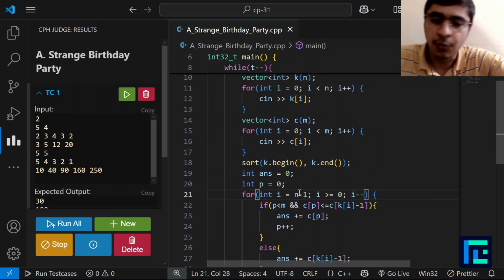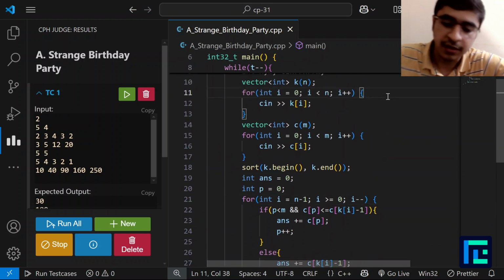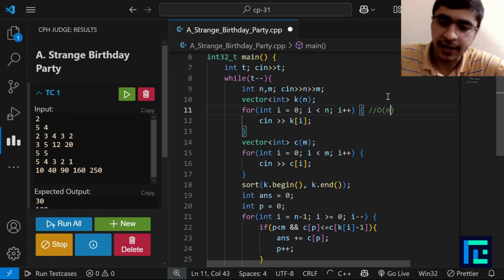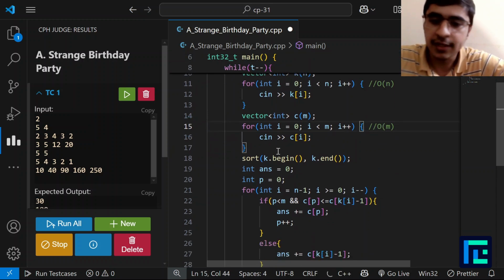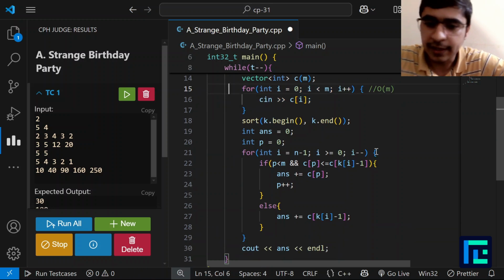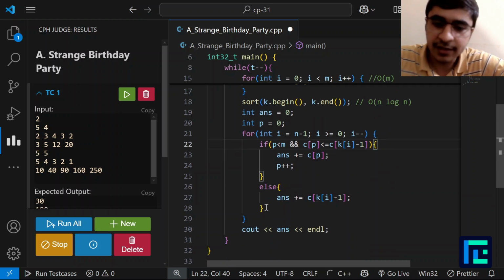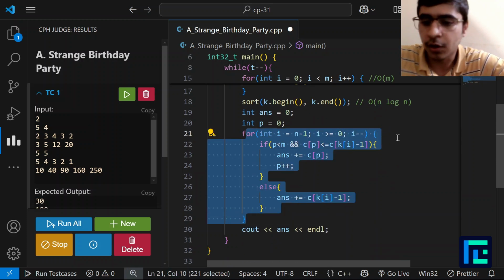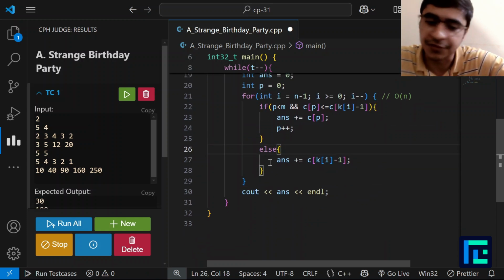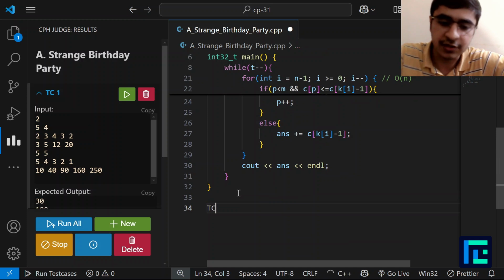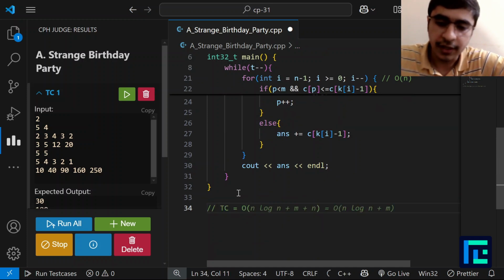Now let's see what the time complexity of this solution will be. Taking the input over here is order of n, and then the input for the costs is order of m. Then sorting will take order of n log n. And then running this final for loop will run in order of n, since we just have a simple for loop and no additional loops within. So overall time complexity of our solution becomes order of n log n